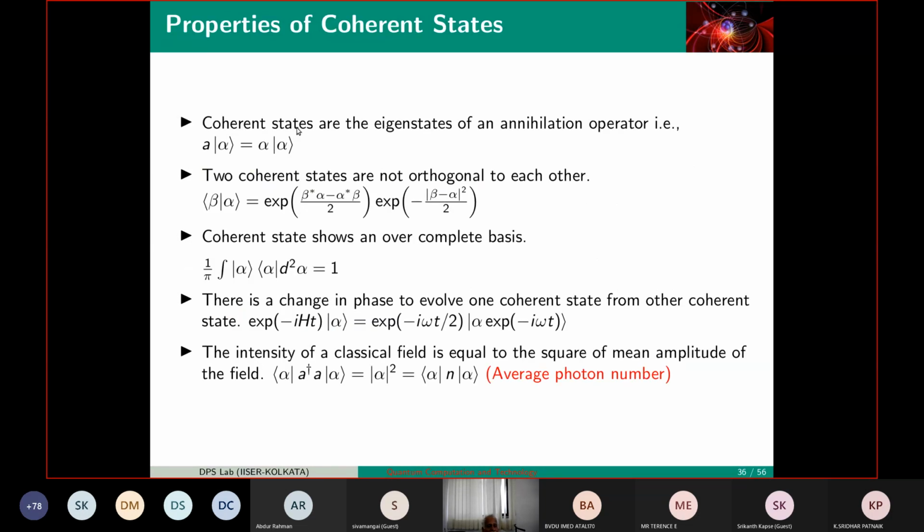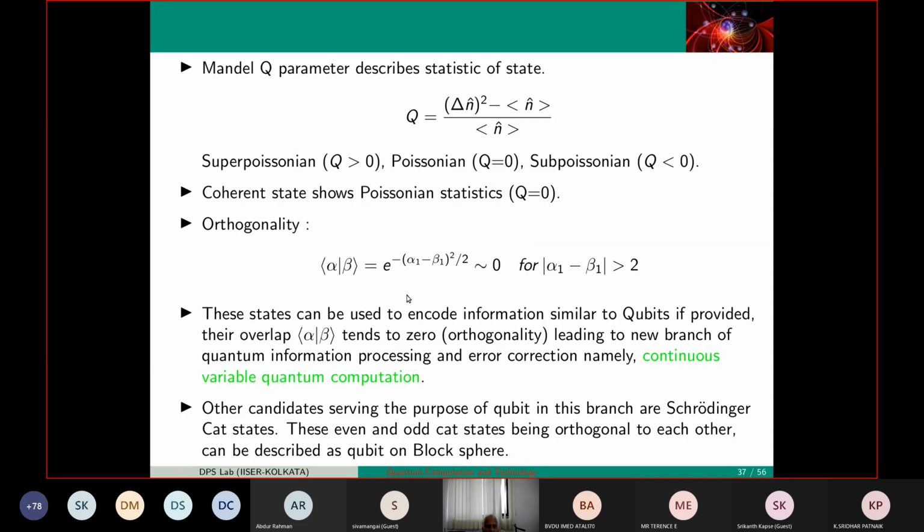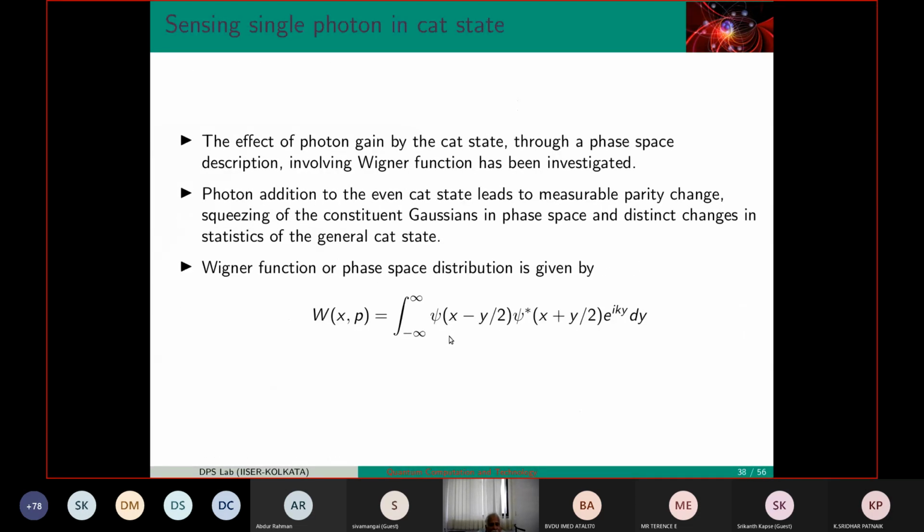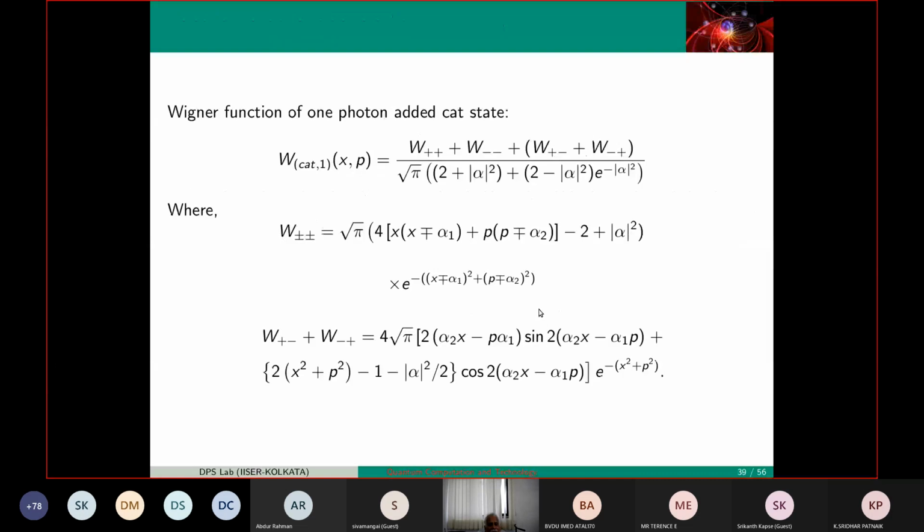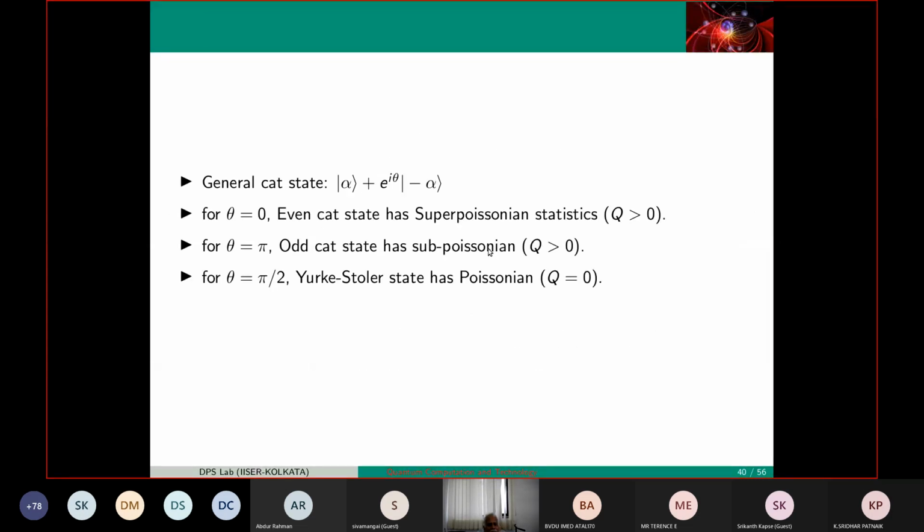So coherent states, for example, are not orthogonal, yet they're useful. I told you 0, 1 are orthogonal, but here is an example which is not orthogonal, but still they are useful. Now, how do you create them? You create them using light. That is laser. All right. So these are the parameters which you basically use to characterize them. Let's not get into details. Okay. So the Wigner function. I'm not getting into mathematics. You can create different kinds of states. Now people are actually creating them by putting in a relative phase, which is different.